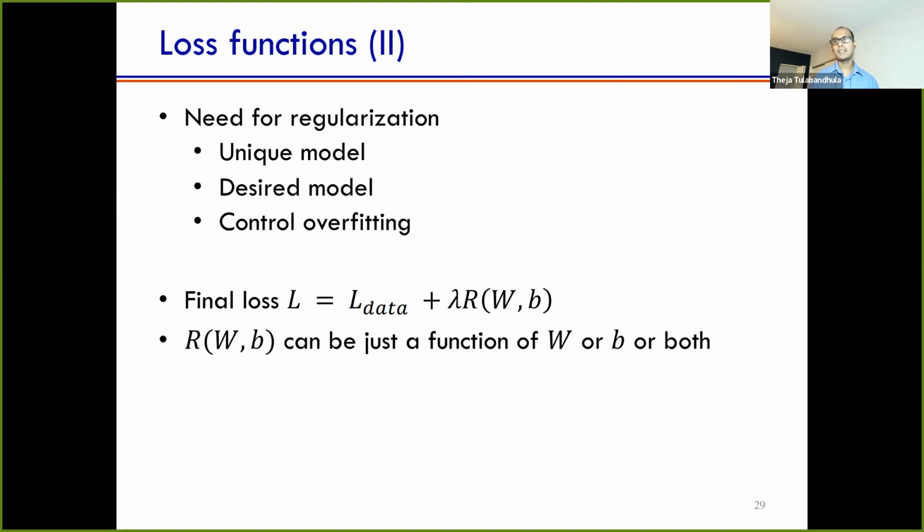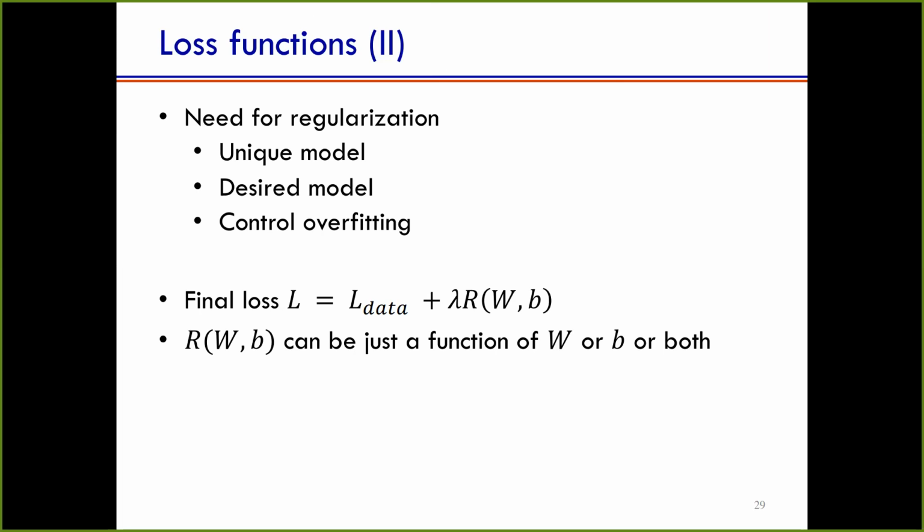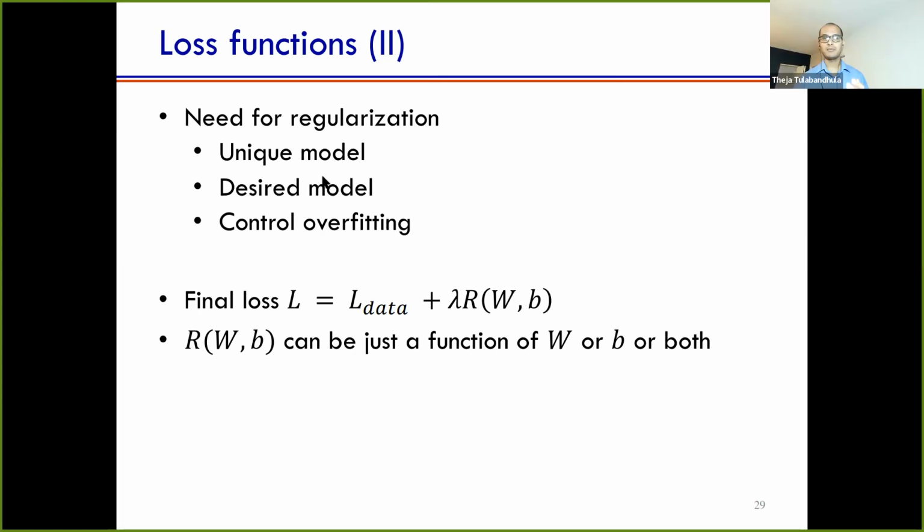It's because maybe there are multiple models which all do really well on the data, and we want to pick the model which we prefer. For example, you may want a unique model, or a certain type of model which has a lot of coefficients 0 and some coefficients 1. It's to avoid overfitting to just the data, only believing in the data and ignoring the